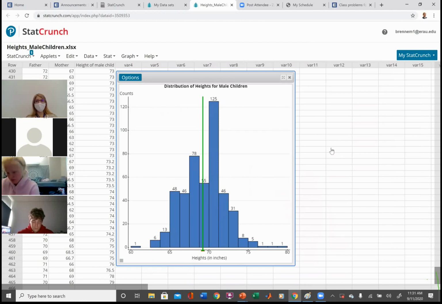Now the question is, what is it that we want to pick out about this graph? What is it that you want to tell other people? You're in the elevator with your boss and he says, hey, you looked at that male children height data. What did it look like? What are you going to tell him? Well, there's 3 things you're going to tell him. You're going to tell him the number of modes. In other words, the number of humps, right?